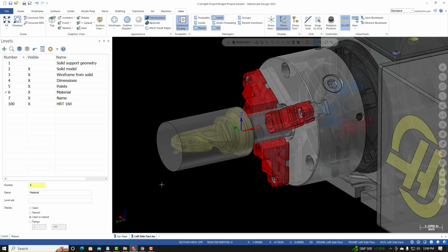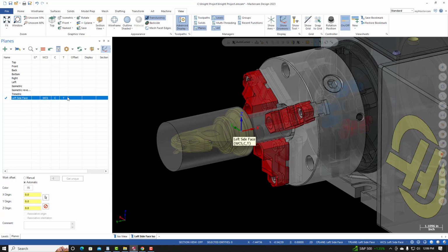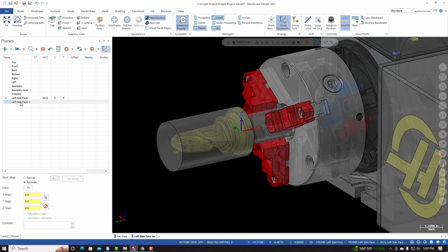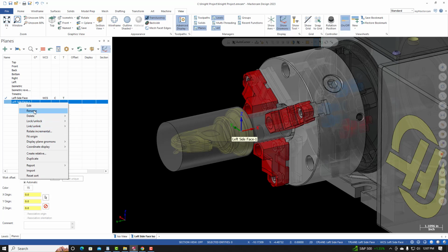So back inside of Mastercam, go to the Planes Manager. Here is our new coordinate system. We're going to duplicate it and then rename it and rotate it. So I'll start by duplicating it. Right click and I'll select duplicate. If I'm following the instructions, the first one that we're going to create is the back face. So rename the copied coordinate system. So right click, I'm going to go to rename, call it back face,